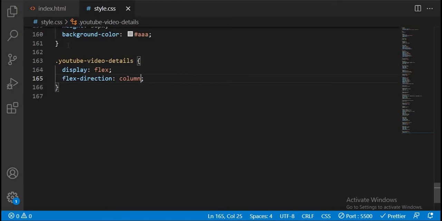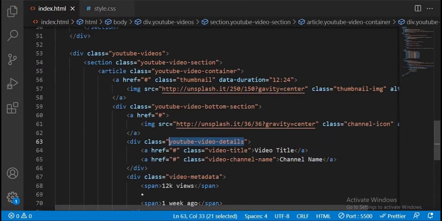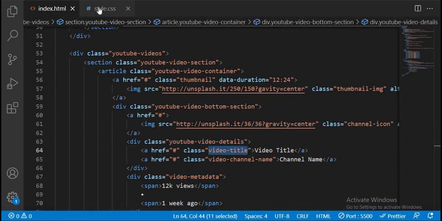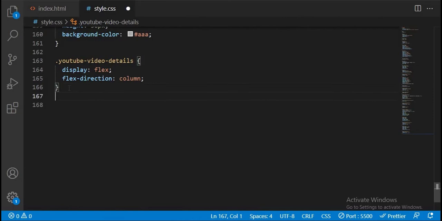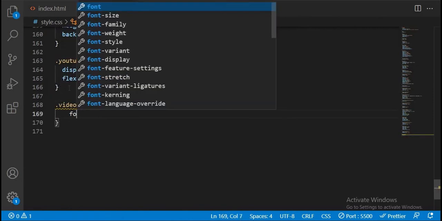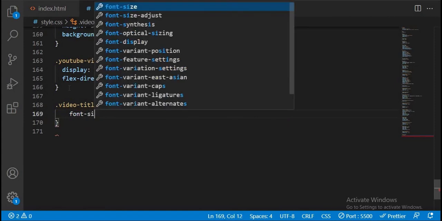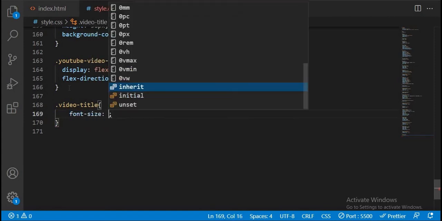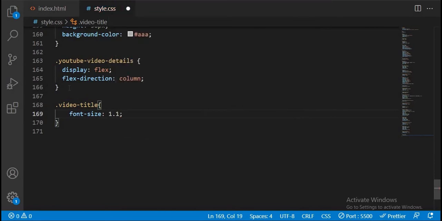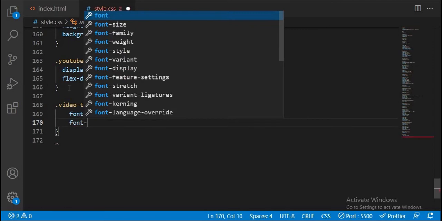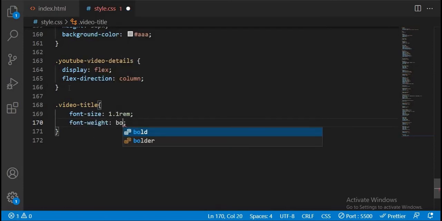So now the next thing I'm going to grab is the video title. So copy and paste right here. So set the font size to, guess what the font size is, you're going to make it 1.1 rem, and the font weight should be bold,